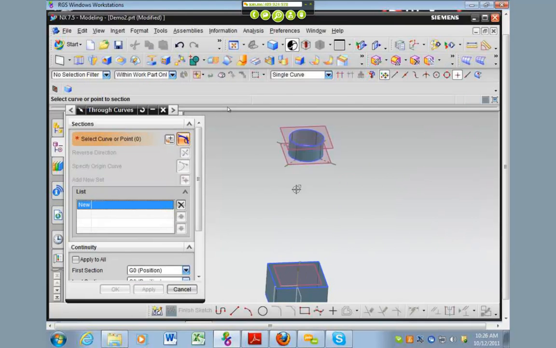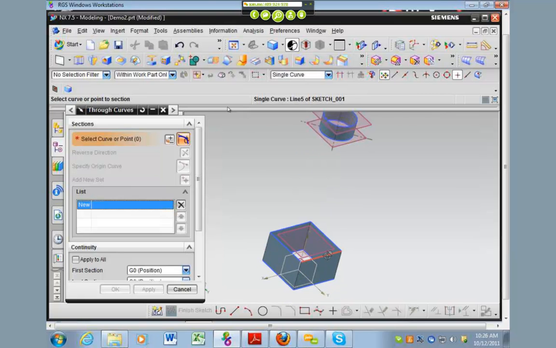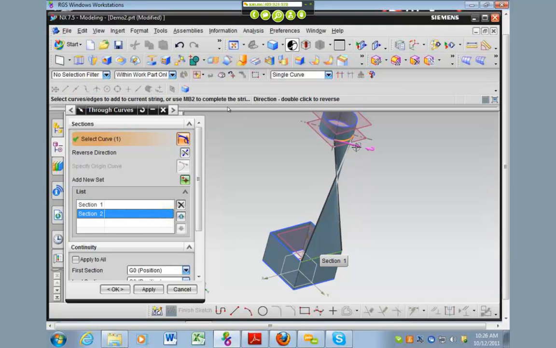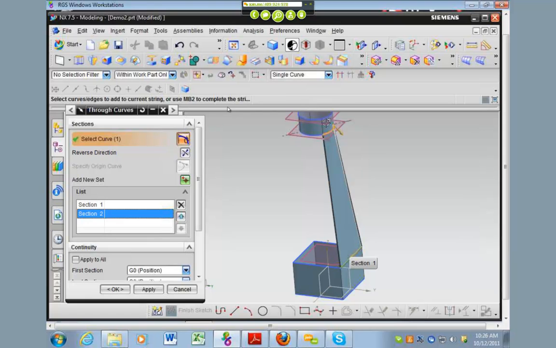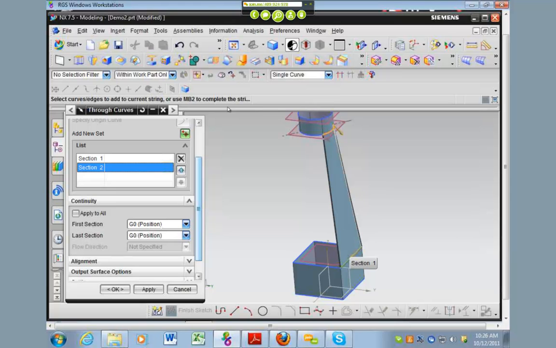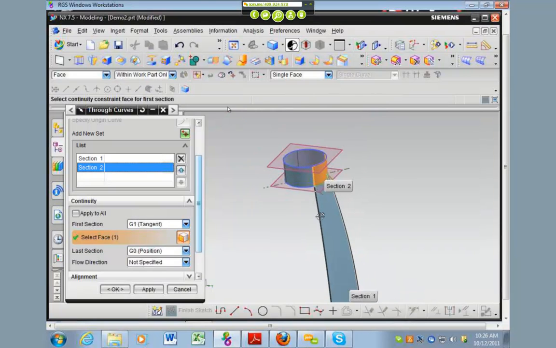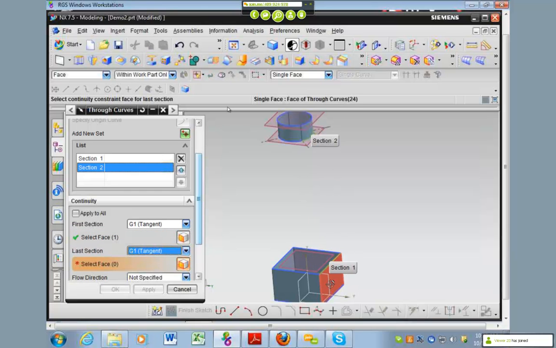Okay, so now I have those, and then here's the other tricky thing with this. So we're going to make another mesh curve from this line, and then we'll go to this curve. I'll see it's trying to flip it, so we flip that back and it goes right. Now it'll make a surface like that, but if we want this to be tangent with this surface, we can go here to continuity. So the first section, we want not just to be tangent by position, but also we want the surface to be tangent. And which face do we want to be tangent to? This one right here. And then on the back, we also want it to be tangent to this one. So now